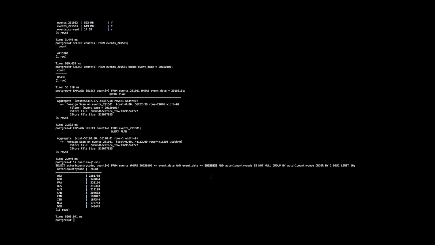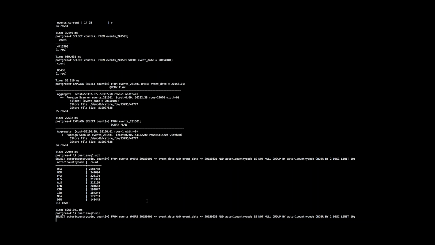And so it groups by country. So most events in the USA, probably because most news agencies are there, Britain, France. I can also do this for Q2, and it's going to be on the same events table, just a different date range. And